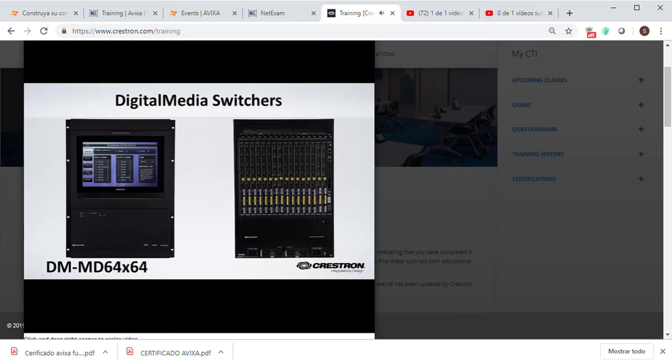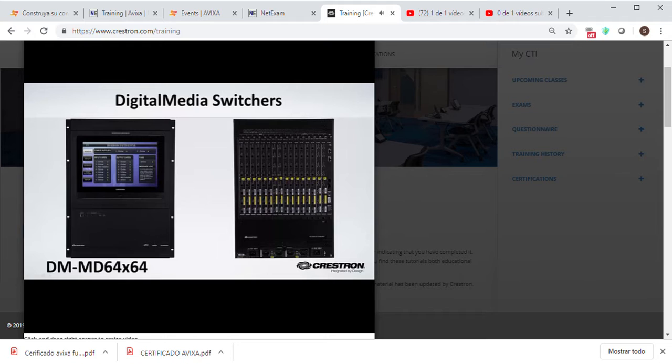The 64 by 64 features a scalable blade-based design offering a higher density input and output configuration without sacrificing rack space. In fact, the 64 by 64 only requires 14 rack units of space, the same space as the 32 by 32. There are 8 input blade slots and 8 output blade slots, and each blade slot on